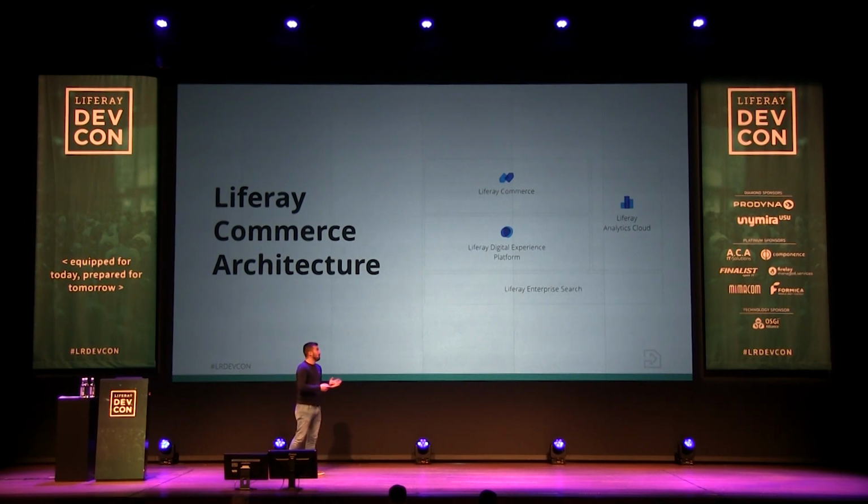And on the side of Liferay Analytics Cloud, we are working hard to integrate it with Liferay Commerce for the next major release. We will push all the information about the visited products, right? And we can create segments of users depending on the behavior or maybe depending on the abandoned cart. And that is all integrated in one single ecosystem.